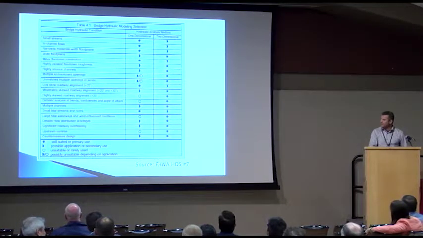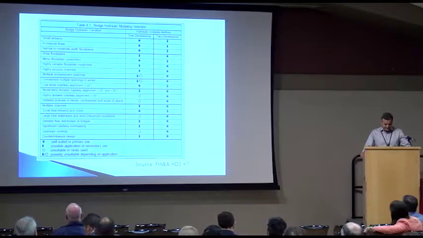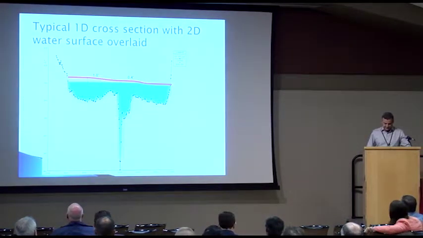So we'll just start with the two examples at the top. Small streams and channel flows, 1D. If you look halfway down, you've got a skew greater than 30 degrees, then you'd probably want to do 2D for that. This table can help you if you don't necessarily know which model to use. Okay, so